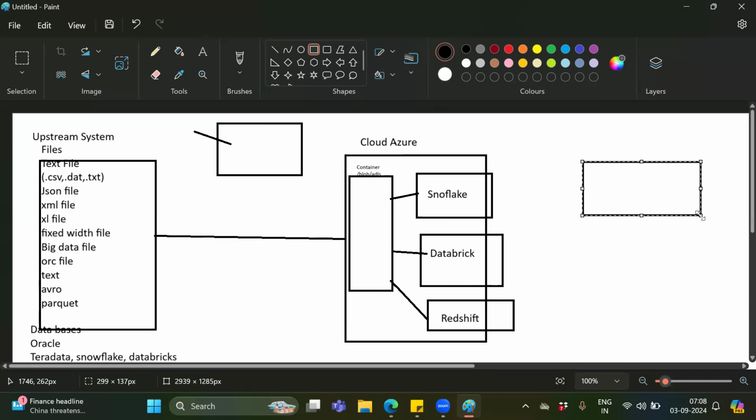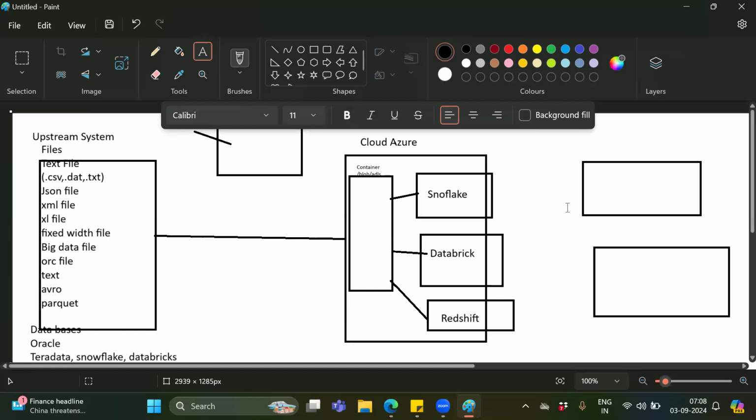For example, consider this is your Power BI, and this is the downstream system. They may use it for their purpose, and Power BI is used to generate reports using the data we have in Snowflake, Databricks or Redshift. Like this, the data will be processed.